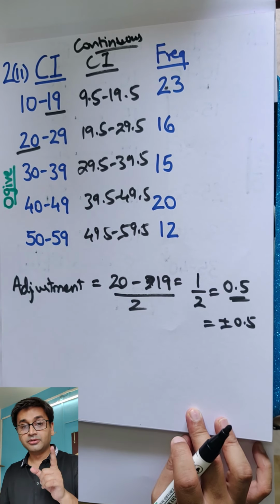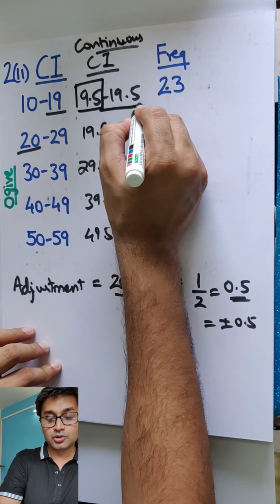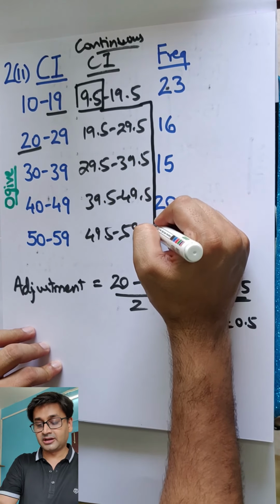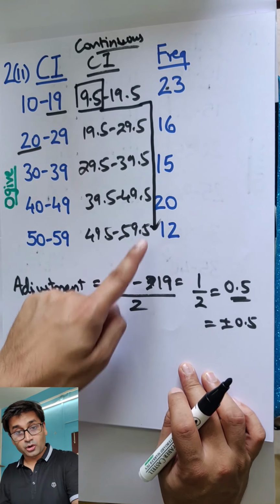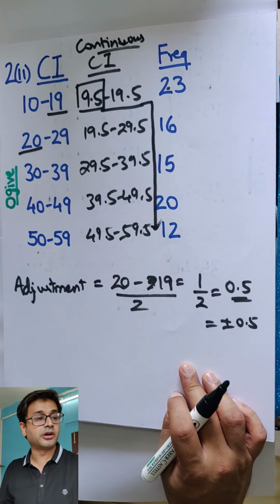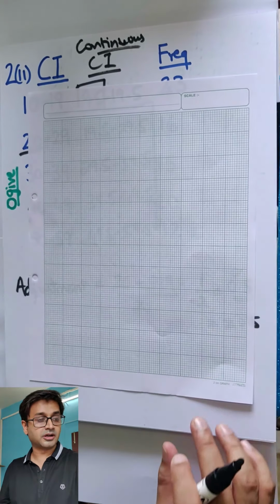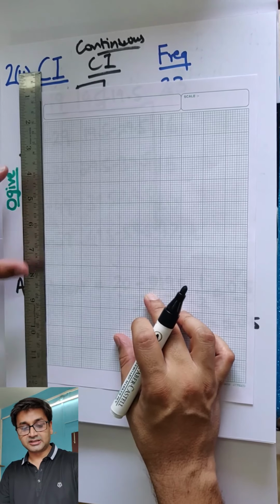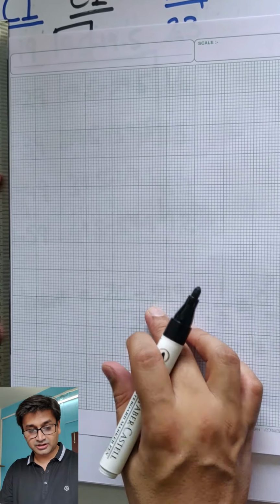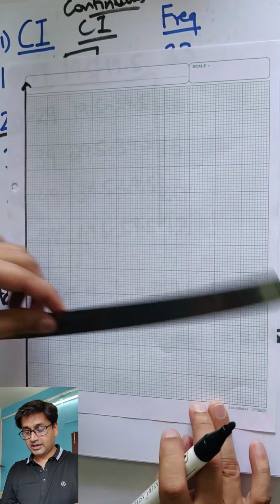How will you plot? The reverse L technique. So you start from 9.5, you go to 19.5 and then come down. In the exam also, if you draw it like this, no problem. Please draw it so you never go wrong and you always remember it. Okay, so let's try drawing this one. All of you pause your video, come on, and start with this sum on your own. So here we go with the graph paper. First the x-axis, y-axis, obviously we are going to construct. So my y and my x.